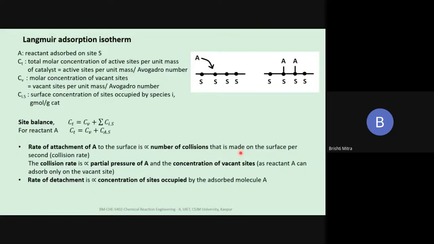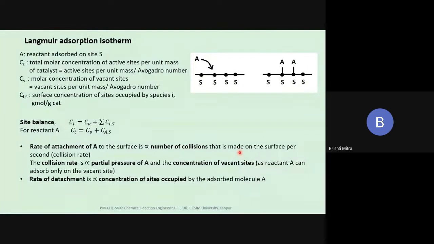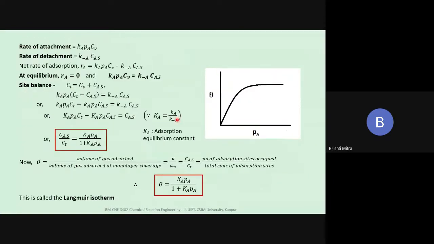We had looked at the mathematical expressions for this, and we saw how we can look at the rate of attachment and the rate of detachment. At equilibrium, the net rate of adsorption is equal to 0. That means the rate of attachment becomes equal to the rate of detachment, and this gives us the final form of the Langmuir isotherm, which says that theta is equal to K_A divided by 1 plus K_A, where K_A is my adsorption equilibrium constant. Remember, the adsorption equilibrium constant is always written with a capital letter, and the kinetic constants are usually written with small letters.